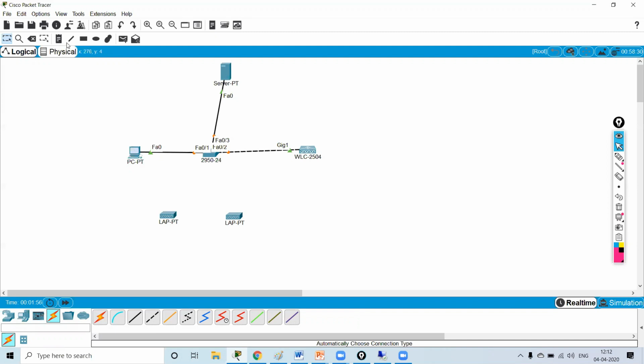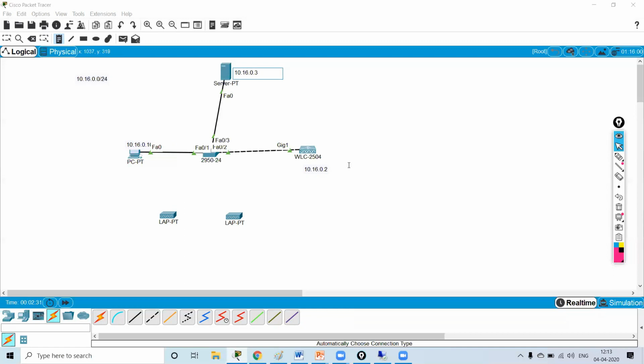I will use the network 10.16.0.0/24. This admin PC will have the IP address, suppose you can say, 0.10. The WLC will have the IP address 10.16.0.2, and my server will have the IP address 10.16.0.3.